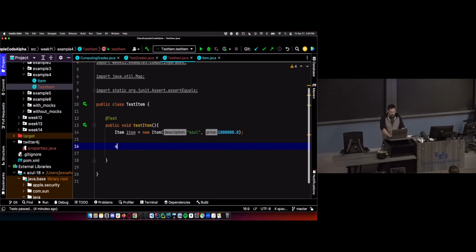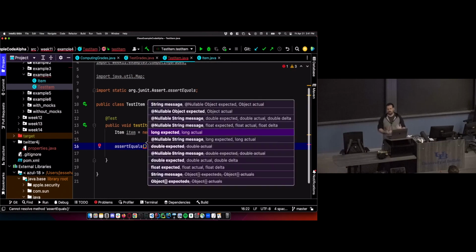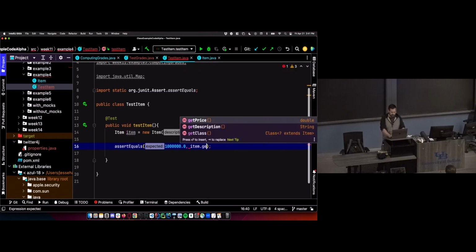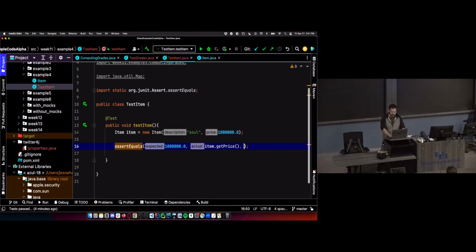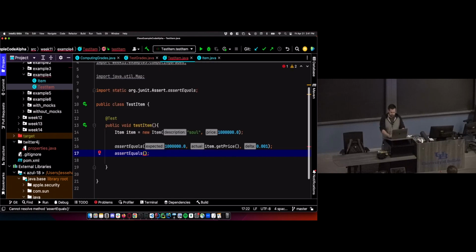And then we can right away start asserting things just to make sure our getters and setters are working the way we want. I lost track of how many times I pressed the button. Let's make sure that item.getPrice with no sales applied is going to be 1 million. I'm going to check to make sure it's accurate within 0.001 units of commerce. And assert equals